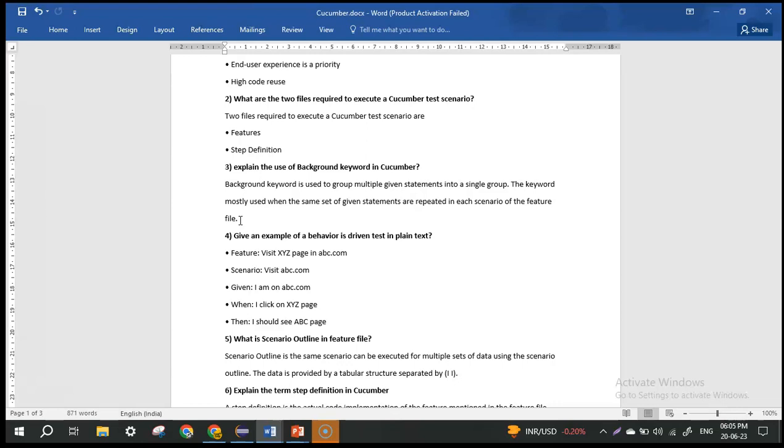Instead of writing it with every scenario separately, we can simply use the background keyword in our feature file and write those lines of code with the background keyword. So whatever you write with the background keyword will be executed before all the scenarios in the feature file. Okay,